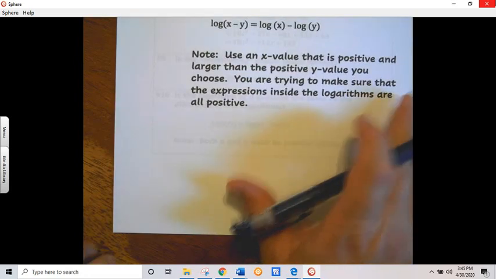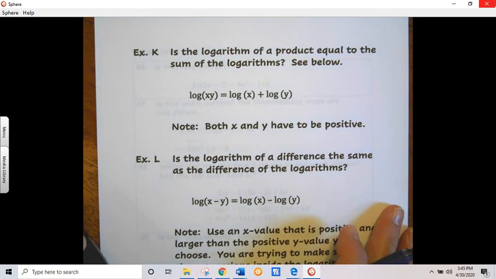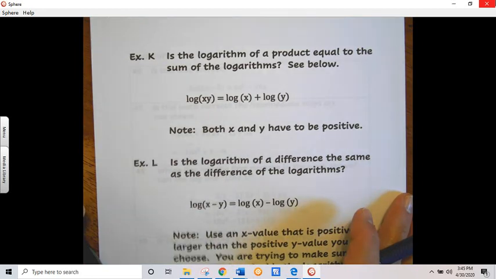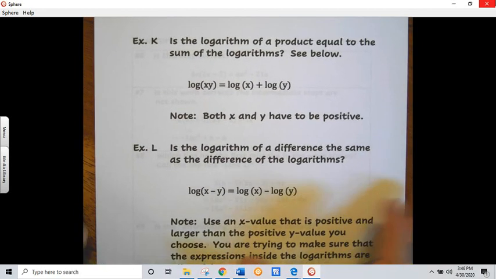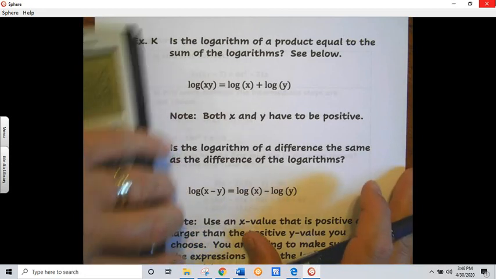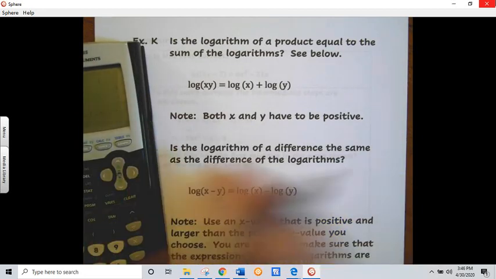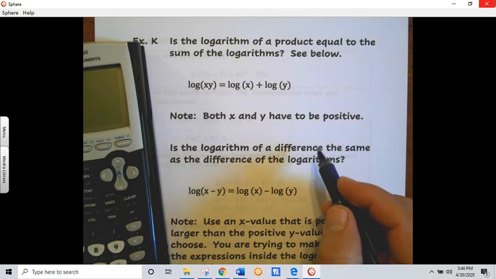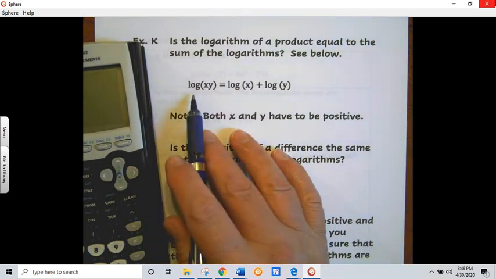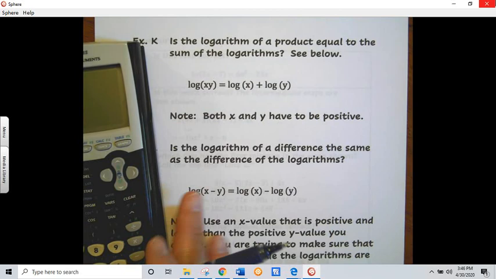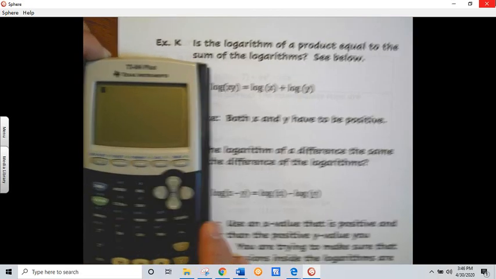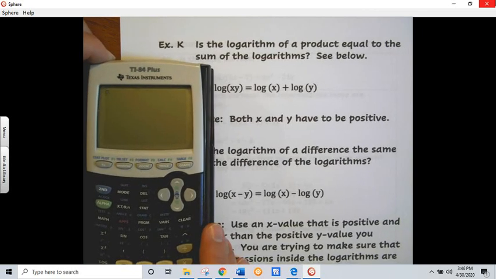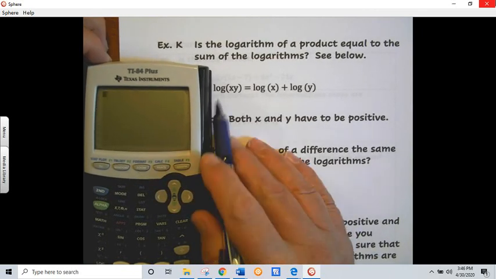Okay, I'm going to now switch to a couple of problems that you may not have learned yet. Some of you know about logarithms, many of you don't. So I'm going to have to give you a little bit of information about these, but if you know how to find the common logarithm key, then you can check this problem using the techniques we've just been discussing. All right, so we want to know if the logarithm of the product,